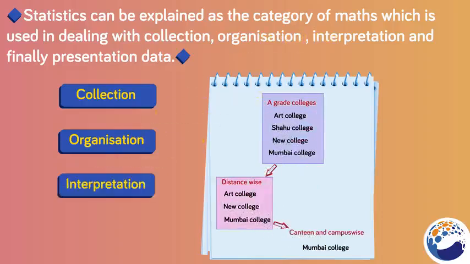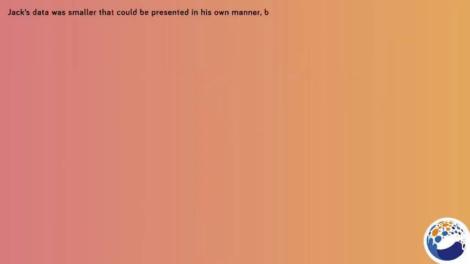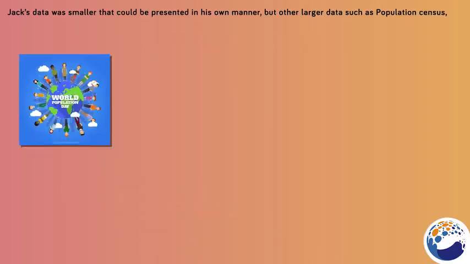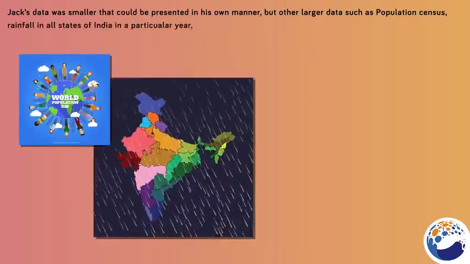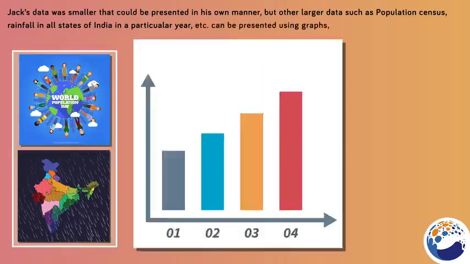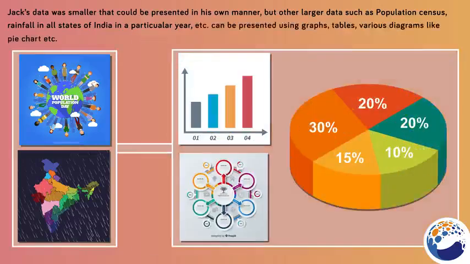interpreting the data, that is, understanding the data, which is the most important step. And then finally comes the presentation of data. Here Jack's data was smaller, so it could be presented in his own manner, but other larger data such as population census, rainfall in all states of India in a particular year, etc., can be presented using graphs, tables, various diagrams